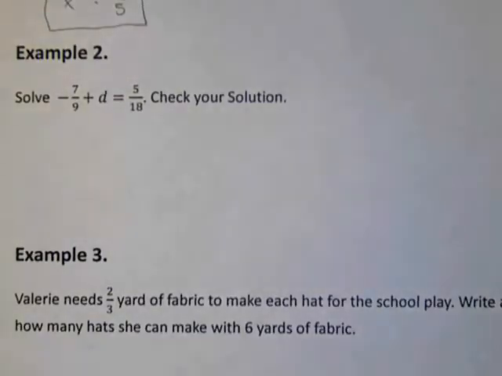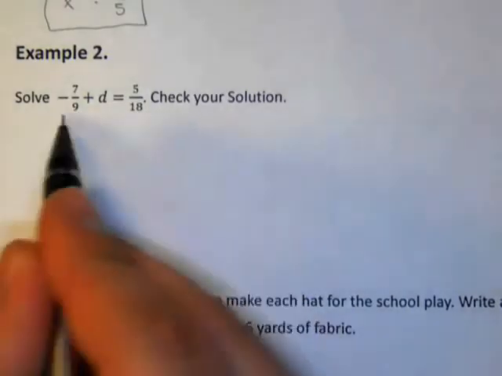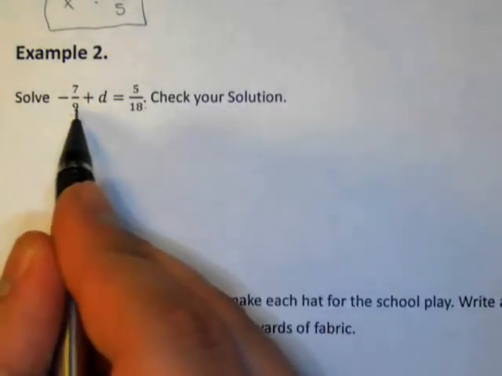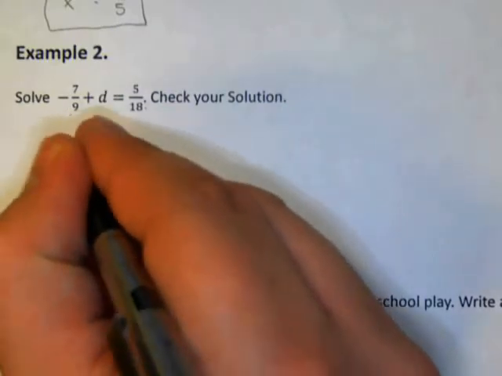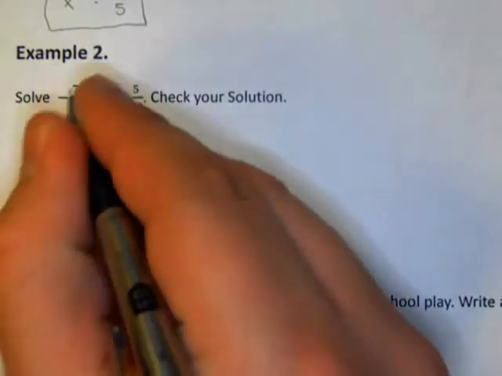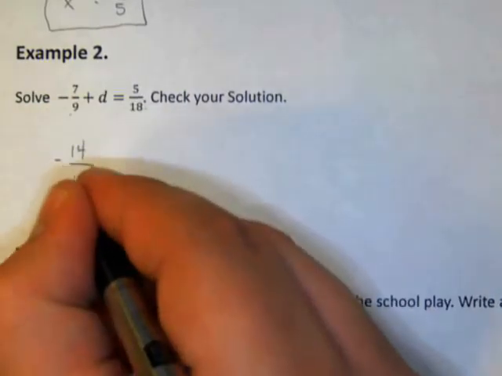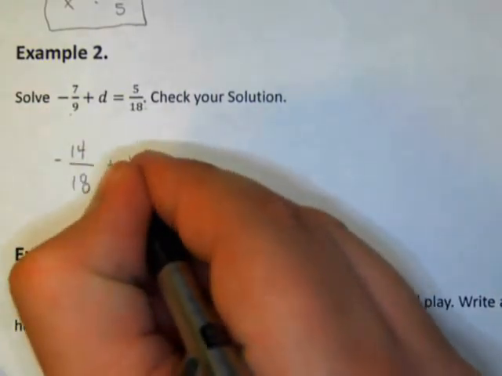For example 2, we actually have to find the common denominator, because this is an addition problem, and when we're adding or subtracting fractions, we have to have a common denominator. You don't have to for multiplying or dividing, but for adding and subtracting fractions, you do. So our common denominator here I know is going to be 18, because 9 times 2 is 18. Therefore, we're going to multiply that by 2, and we're going to get a negative 14, because 7 times 2 is 14, and 9 times 2 is 18. Plus d equals